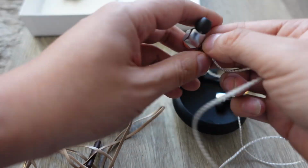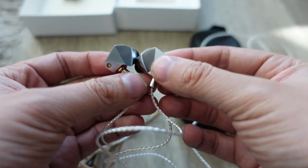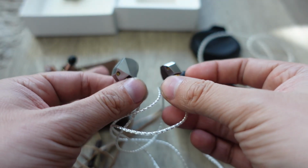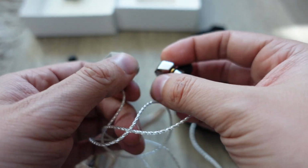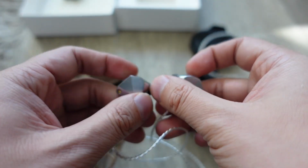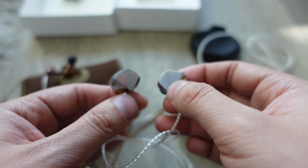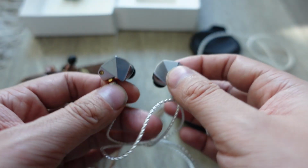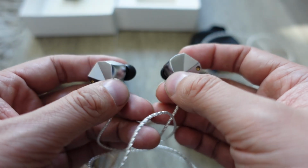Now, the Final Audio B3s, of course, these are more expensive IEMs and stuff. So you would expect them to beat out the Gratitudes. Compared to the Gratitudes, you can just feel deeper bass, the bass has more slam as people talk about it. Clarity, these are actually tuned towards having more clarity, so they do have more clarity than the Gratitudes as well. So I think the thing I notice the most from these compared to the Gratitudes is they have a bigger soundstage, which means wider imaging, separation between different instruments and stuff like that. Although these are not